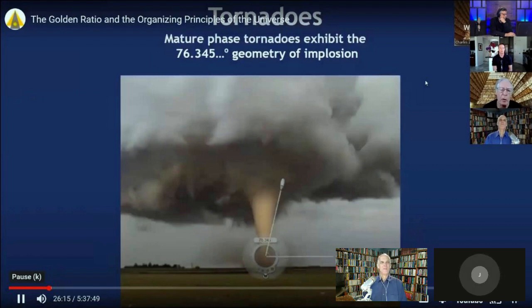Yeah, so he was talking in the podcast about how the tornadoes, while they kind of are all over the place, the mature stable angle at the base is 76.345. It's like they're oscillating around this stable configuration. It's kind of self-reinforcing of some sort. Yeah, and there might be several stable configurations. So it might be the thinner one, and it would oscillate around that thinner angle. But it's eventually going to find one of those angles if it becomes stable. Yeah, I believe that's true.